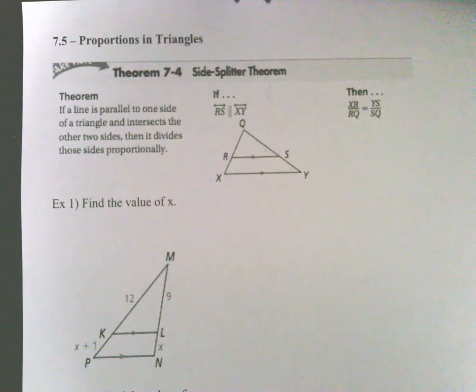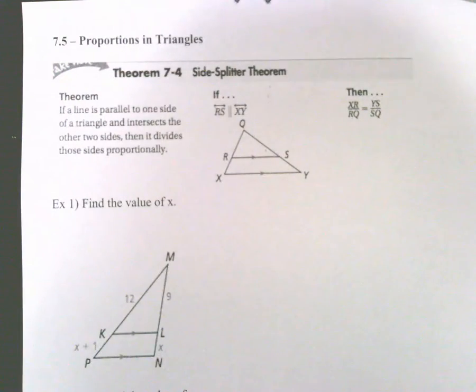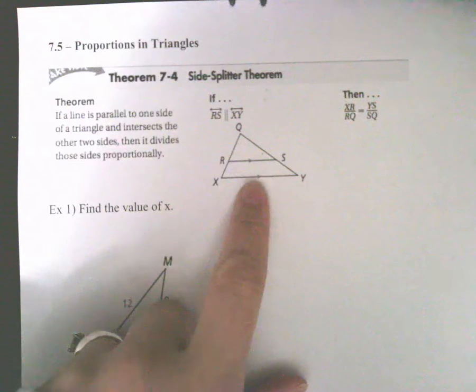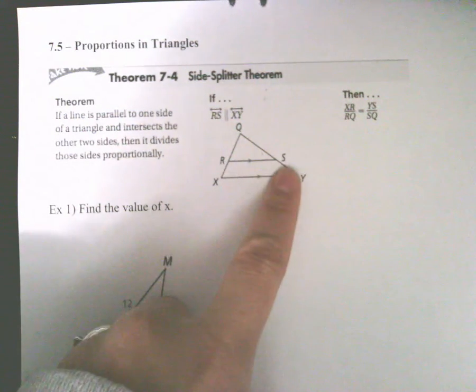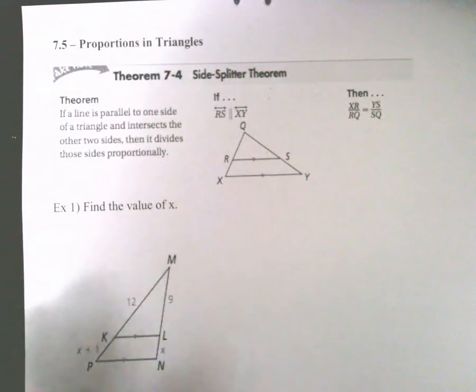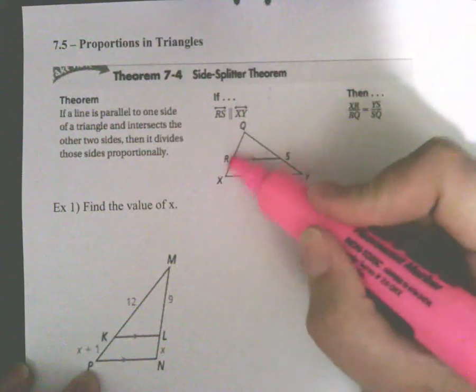Okay, section 5. So the first theorem in section 5 is called the side splitter theorem. According to the side splitter theorem, if a line is parallel to one side of a triangle and intersects the other two sides, then it divides those sides proportionally. So basically, the ratio